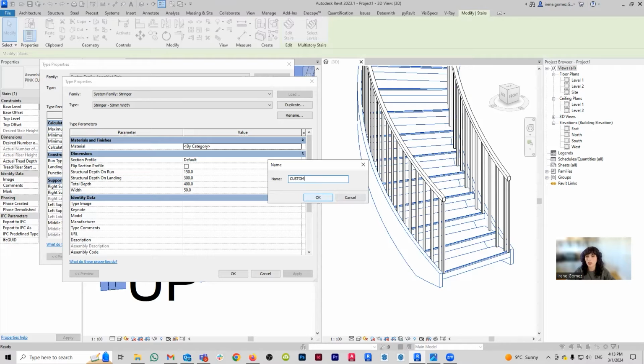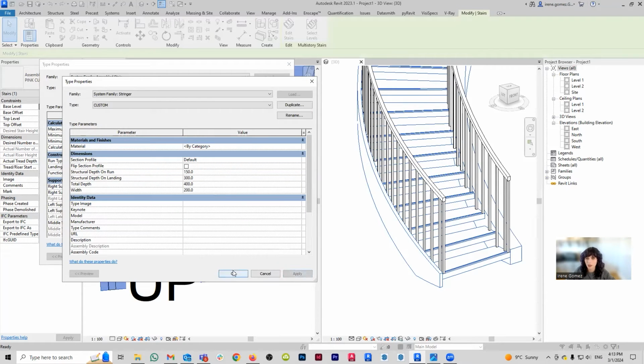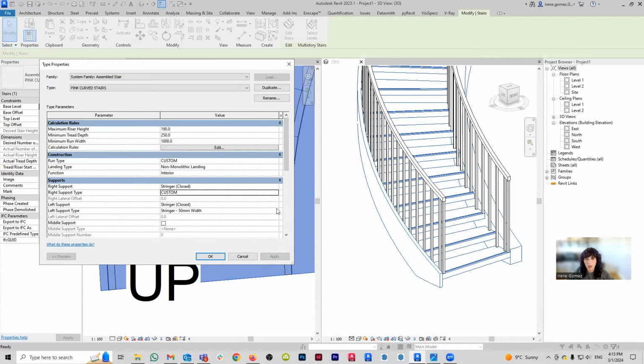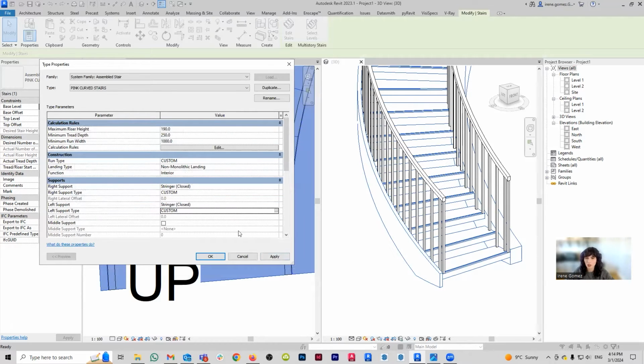I'm going to duplicate. This guy's also going to be custom. Everybody's custom today. And I'm just going to change the width. Now the width for this guy is going to be based on what I see. Again, I don't have dimensions of the stair, so I have to kind of eyeball it. Let's try 100 and see. I think it might be like 150, but let's give it a try. Kind of skinny. Yeah, let's go with maybe 200. Maybe we want it to be pretty girthy. Apply. Yeah, 200 is going to be the one. Okay, so we're going to change this guy to also be the custom. I don't need to create a new stringer because my left and my right stringer are the same type. I just need to tell Revit to do that. Okay, great. We're doing fantastic. So this is the easy part.